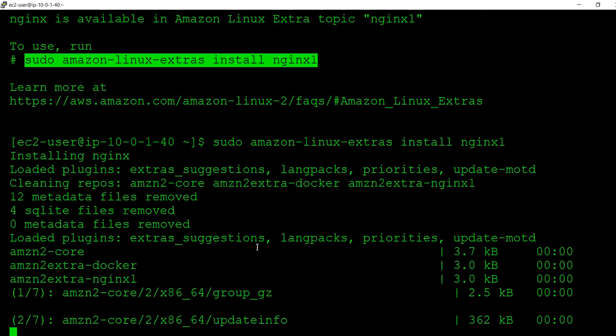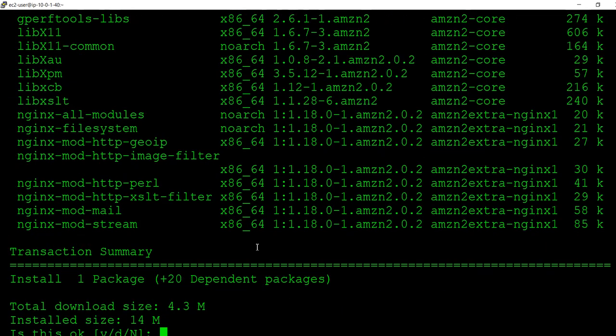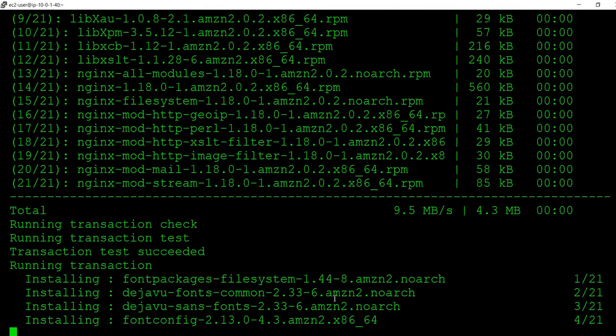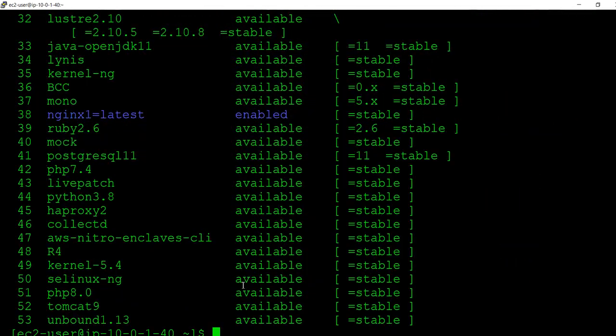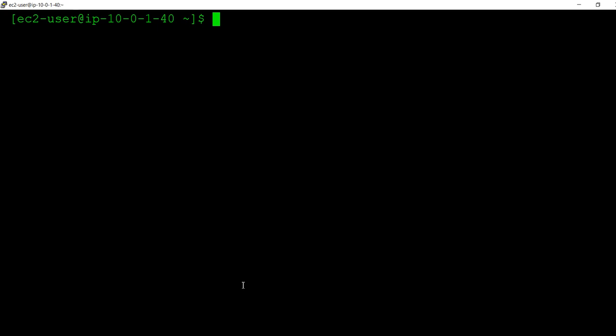We will use that one and install the nginx server application. It is verifying and installed. Now we need to start it: sudo service nginx start. You can see it is started, and you can verify the status.